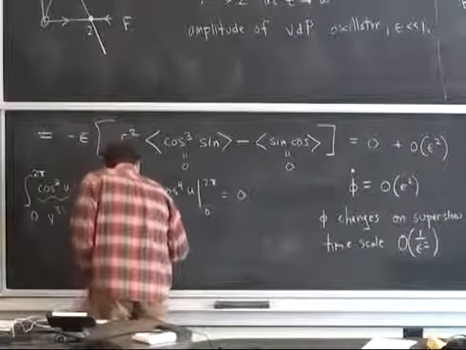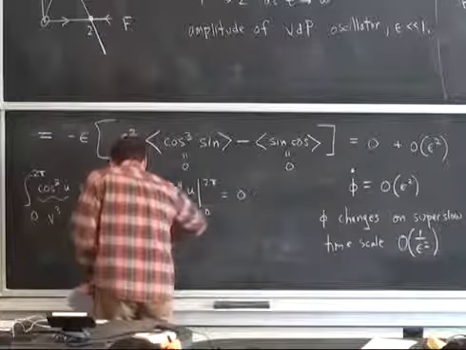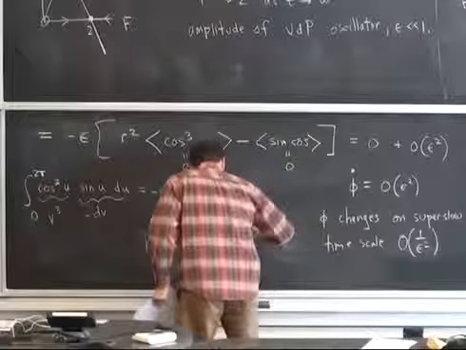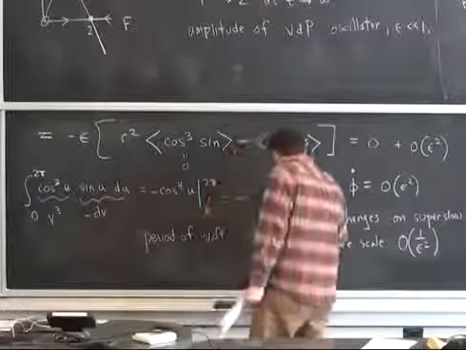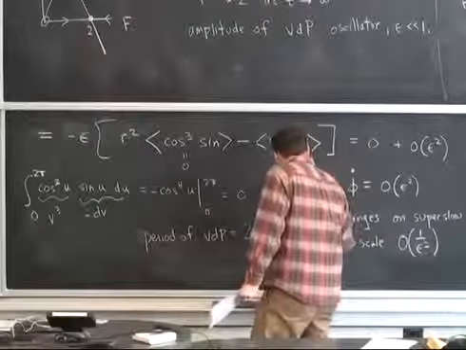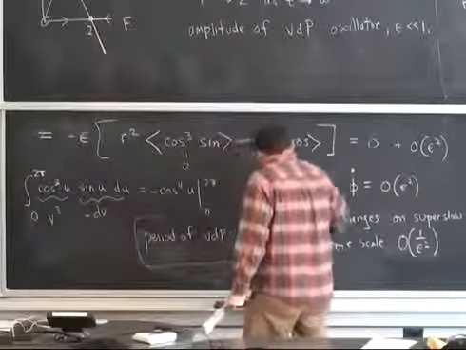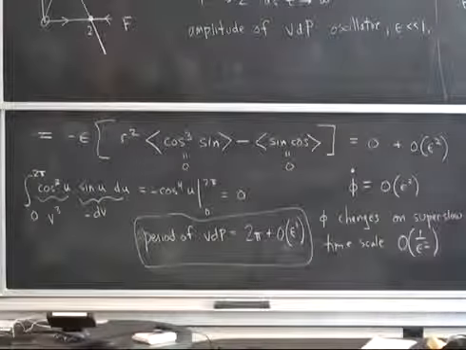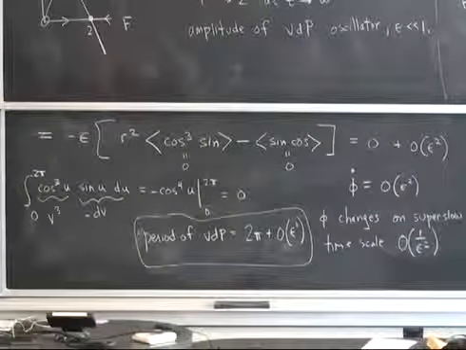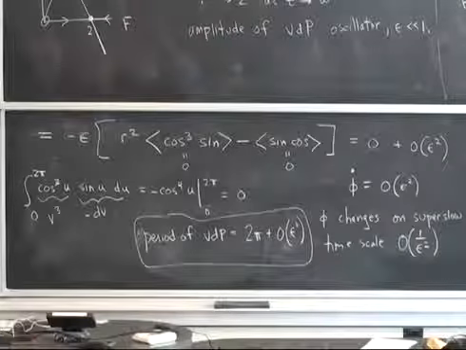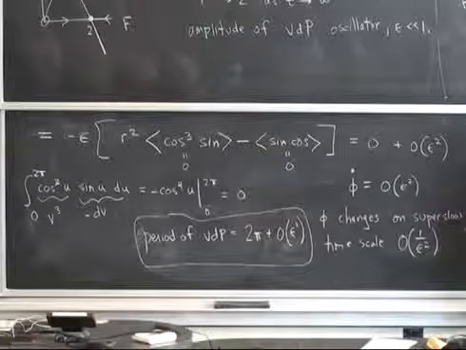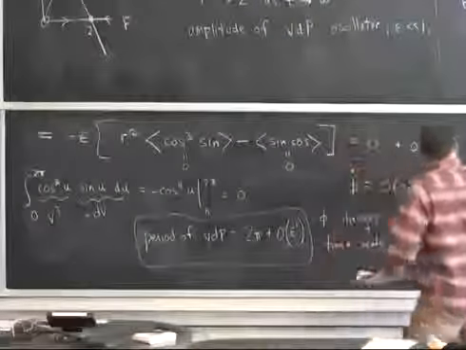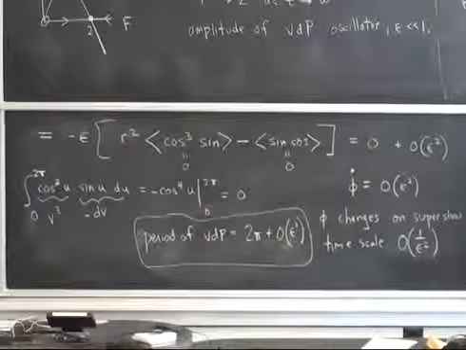That is, you can check that this implies that the period of van der Pol will be 2 pi plus, instead of the order epsilon correction you would expect, it's only going to have an error of order epsilon squared, much smaller. So roughly speaking, the nonlinear term in the van der Pol is mainly changing the amplitude. It's not doing much to the frequency or the phase. That's at a higher order of perturbation theory that it's doing anything. So that being said, we can now make this interesting comment about the solution of the van der Pol, which is that